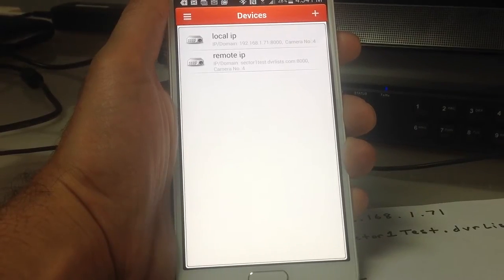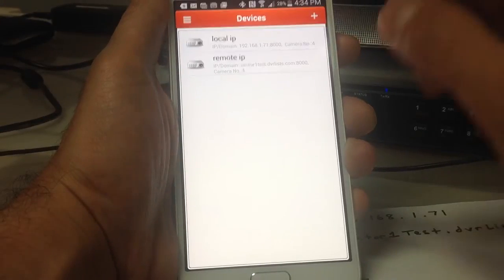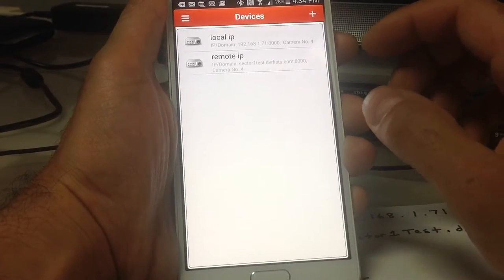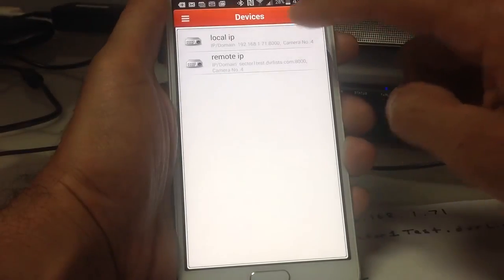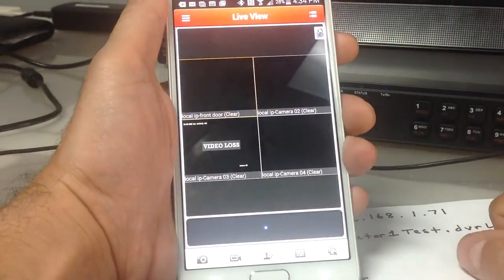Super Security 101. How to use the features in the NVMS7000 app for your Platinum DVR. Using these features on a cell phone. I'm using an Android phone, so I'll go ahead and connect to my local IP since I'm on my Wi-Fi